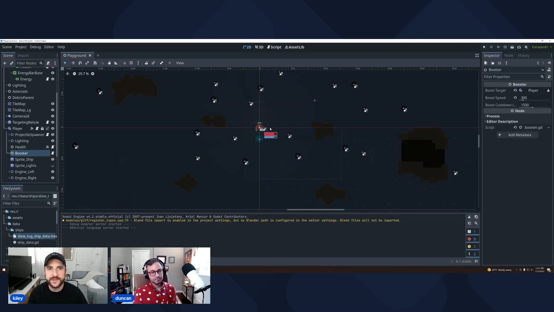Gotcha. So is it fair to say that a lot of indie game developers are probably thinking about Godot? I think so. Yeah, it's been gaining a lot of popularity. Cool. Godot 4 just came out at the beginning of this year, and I'm actually using 4.1. It just released as well. Cutting edge. I know.